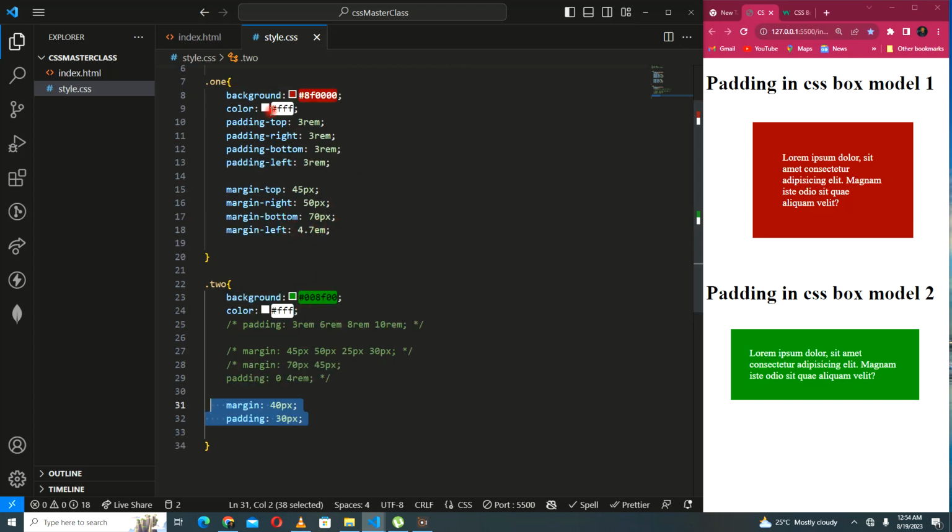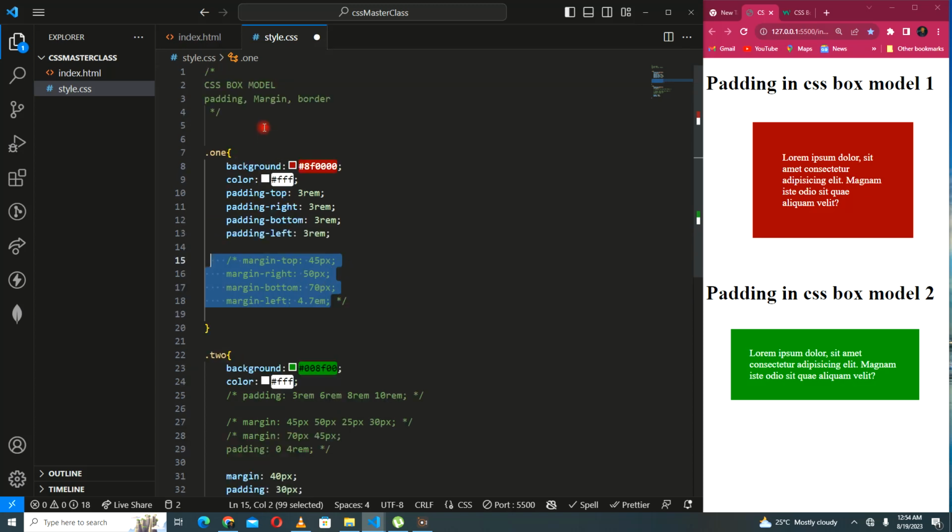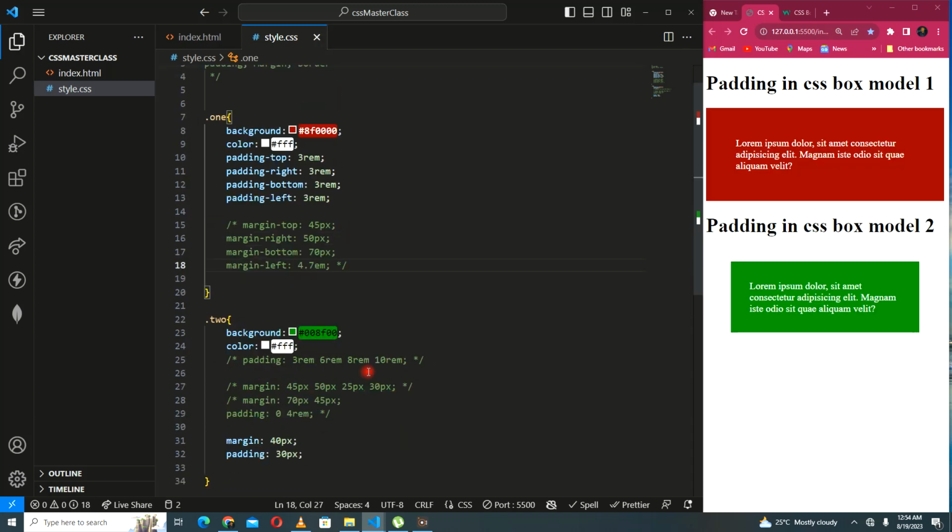So let's go ahead and discuss border. All right. Let's go ahead and talk about border. So let me quickly apply border to this first guy. Right. So I am going to just do